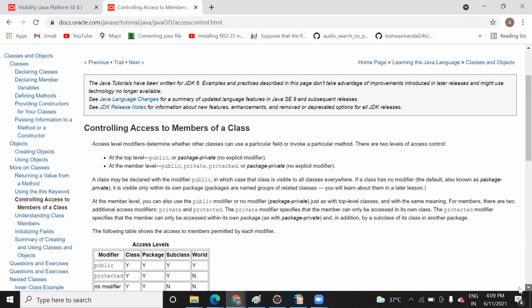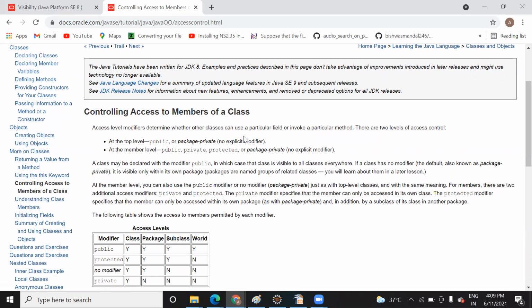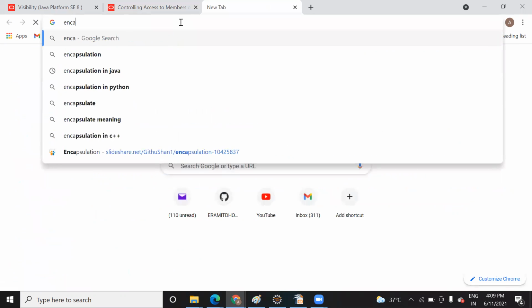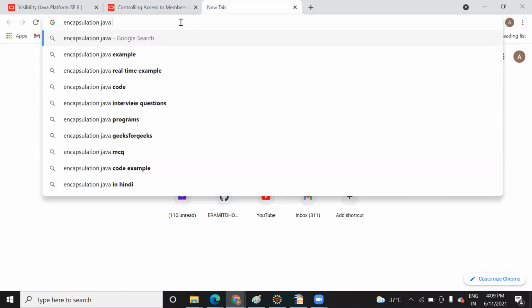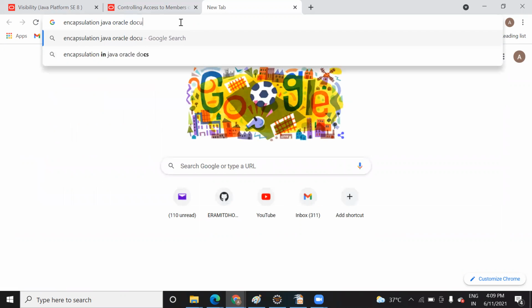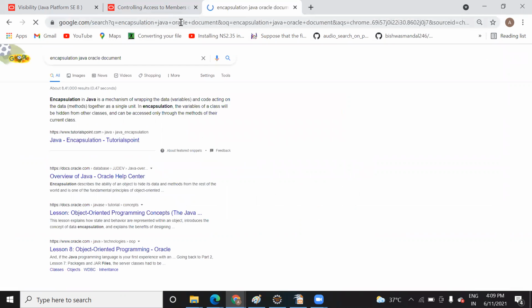You can see on my screen, this is the Java Oracle document. This is a genuine resource, so that's why I'm showing it from here. If you want to know anything in detail, just search the topic name, like encapsulation, and type Java Oracle documentation and press enter. Check for the Oracle document, which is the original one, this one, right?